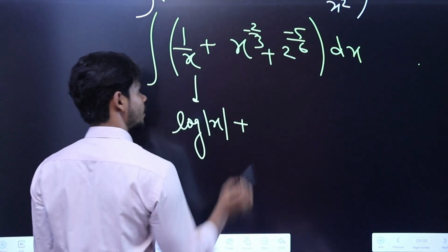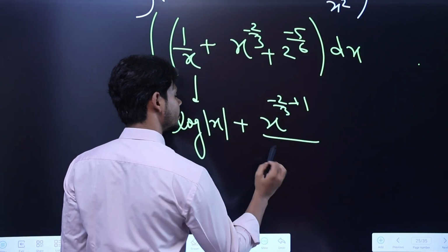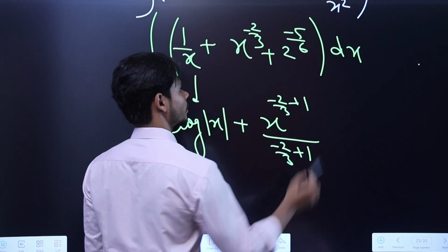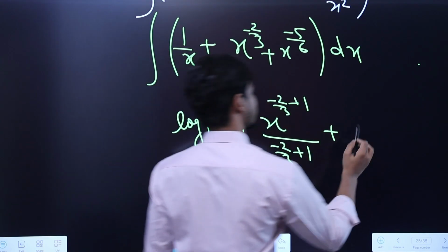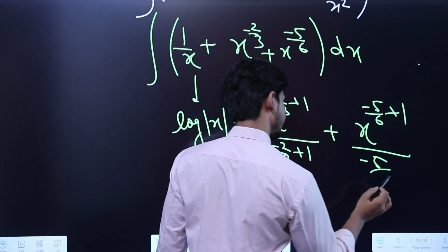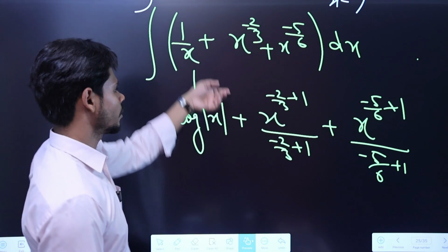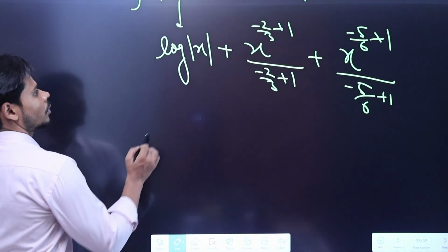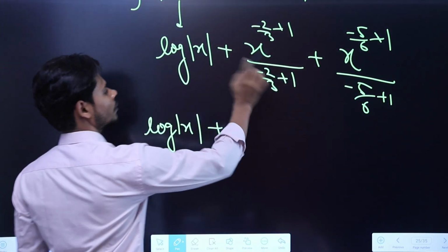Log x, then plus, if I add 1, so minus 2 by 3 plus 1, later I will solve minus 2 by 3 plus 1, then plus what is this? This is x, not 2. So x is for minus 5 by 6 plus 1 divided by minus 5 by 6 plus 1, right? Okay, let's solve this. So log x will remain the same, and here if we solve,